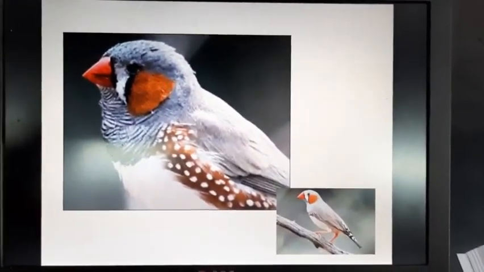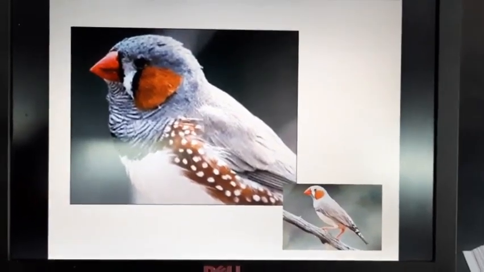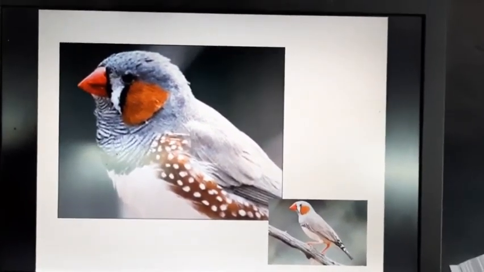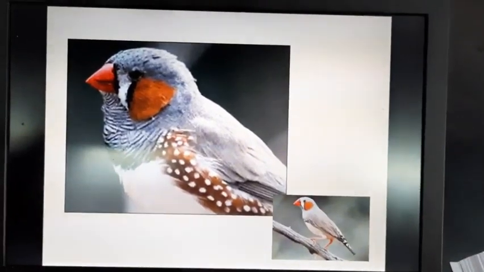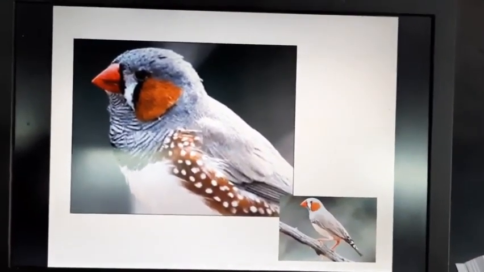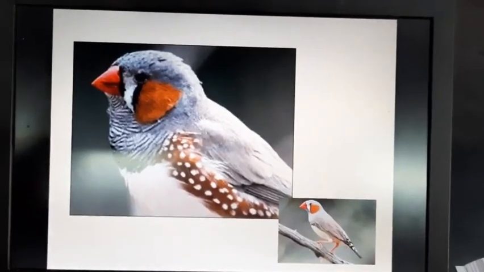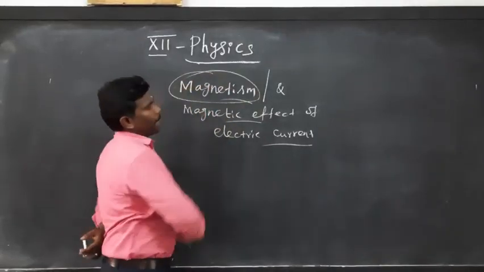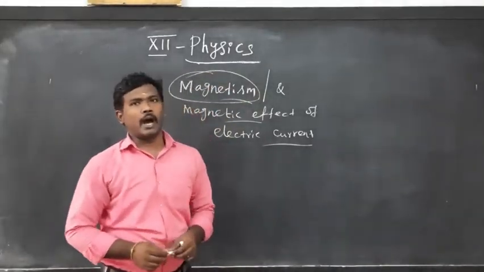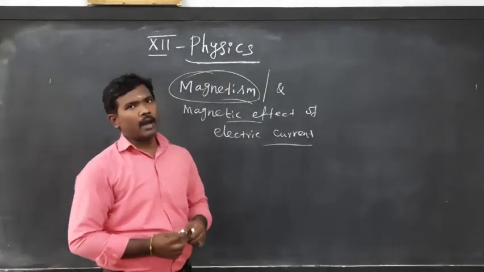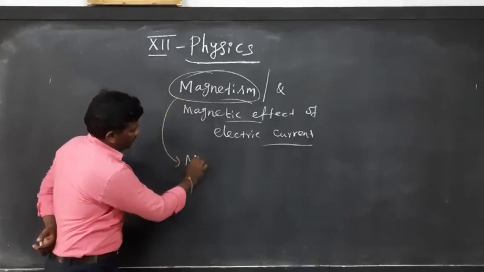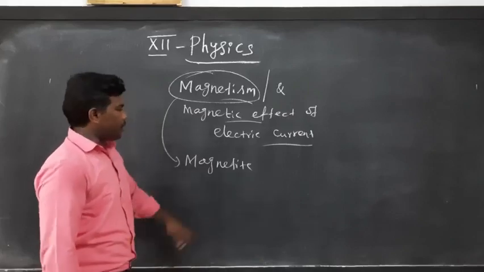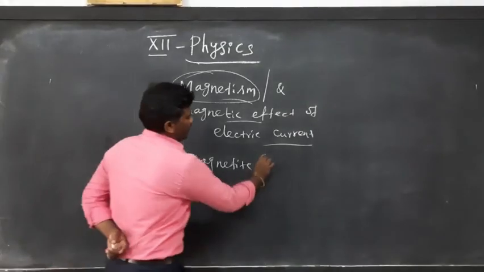In the eye, we know the retina part. In the retina, that bird has this type of sense, and the bird uses the earth's magnetic field for its navigation. Okay, so this is one special type of bird that uses the earth's magnetic field for navigation. The word magnetism is derived from one of the iron ores, magnetite,